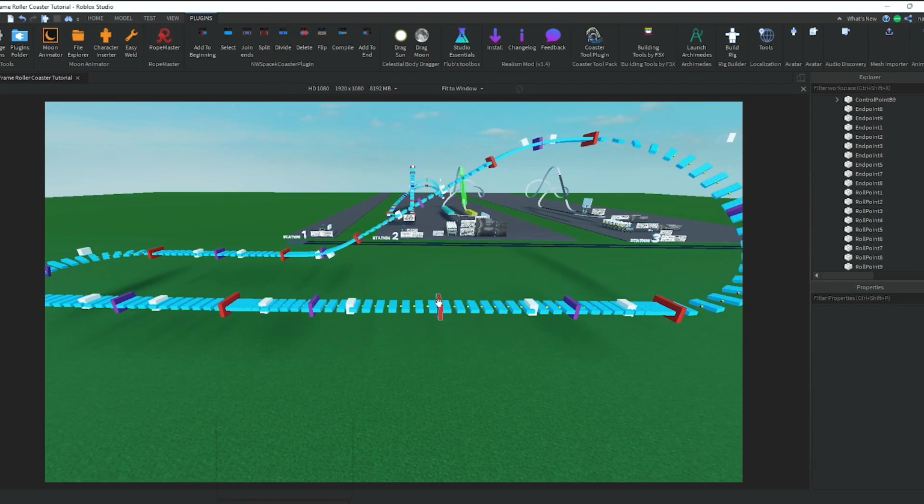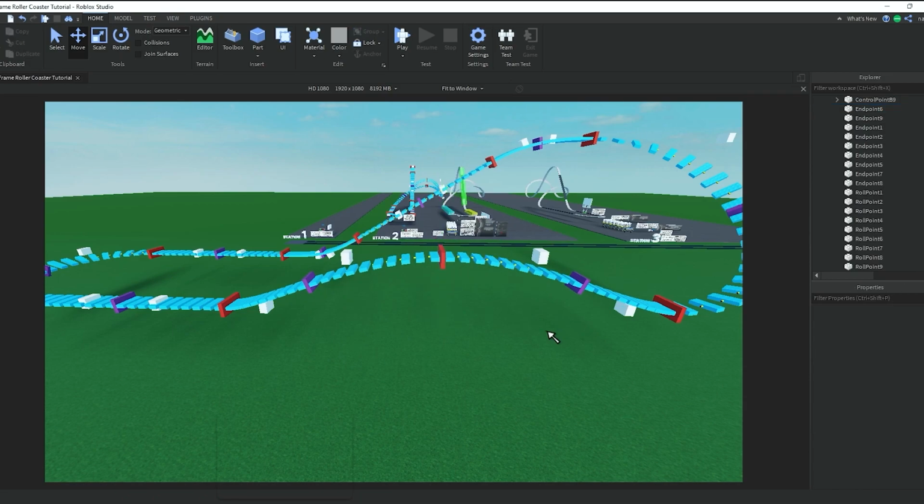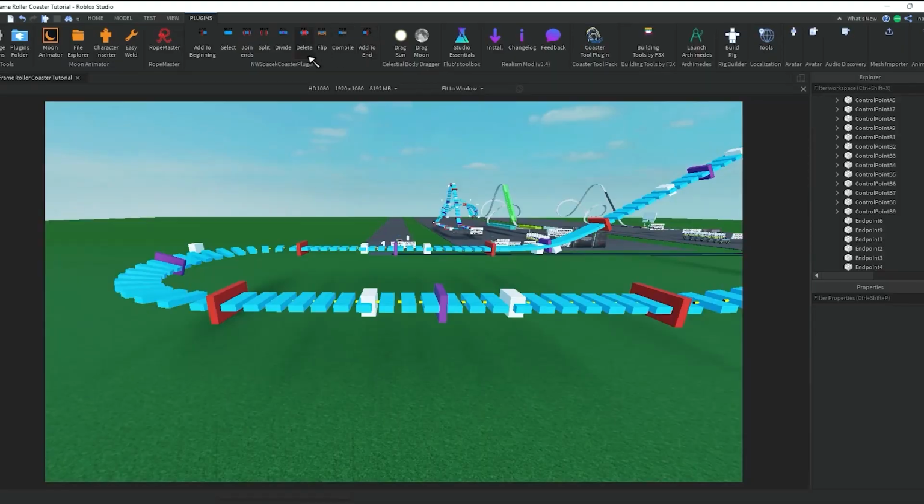Now I can divide it again and I could just move it back up. See, fixed. Except now we got these really weird bumps and I'm just gonna smooth it out. That slay, we got it. Now the last one is flip. This